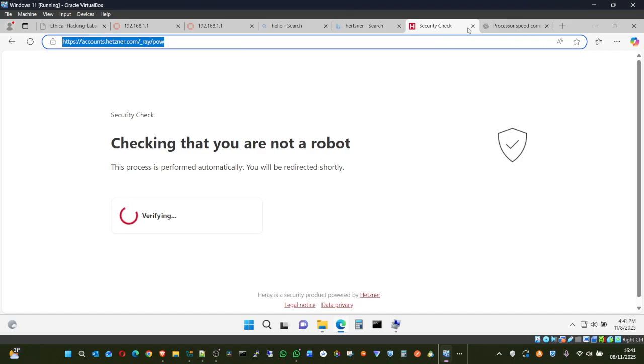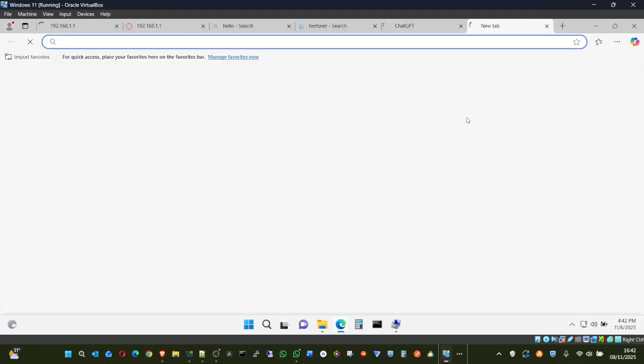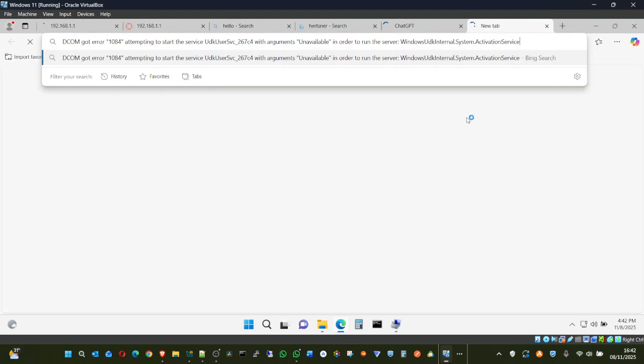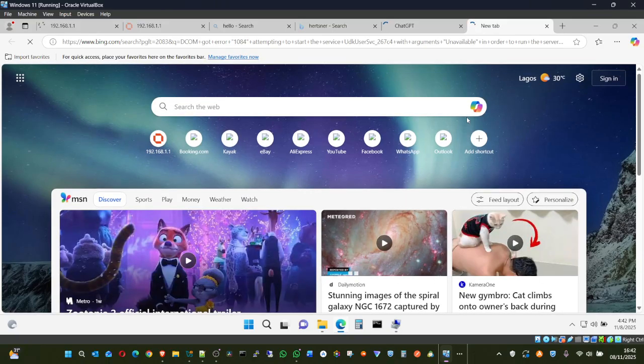So this one, let me close that place so that you won't go there. This one is one of my firewalls that I was trying to use before. You can see the IP of this firewall and there's a dashboard and all that. Let's go online and search for this. Copy and paste it in there, and let the search engine show you the meaning of the thing we are looking for.